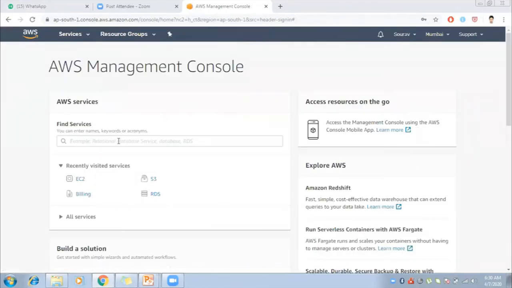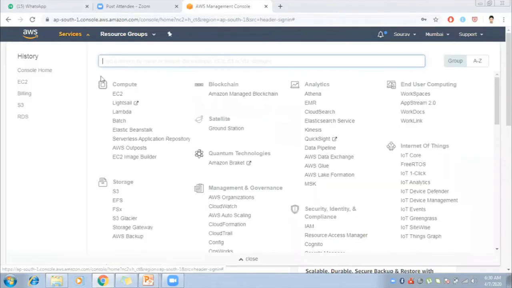So here is the console of AWS. I will simply launch two EC2 instances.